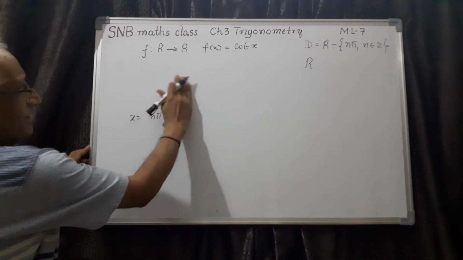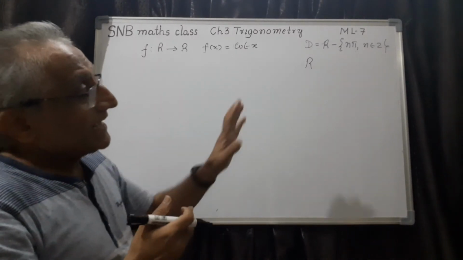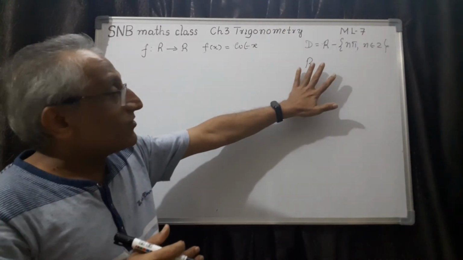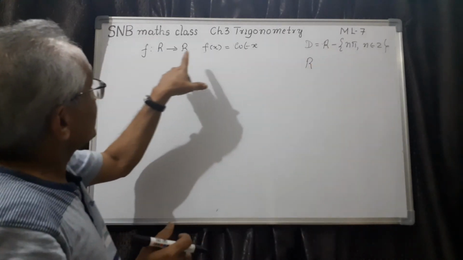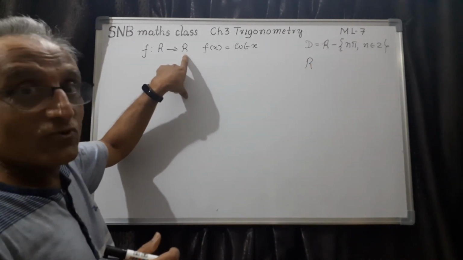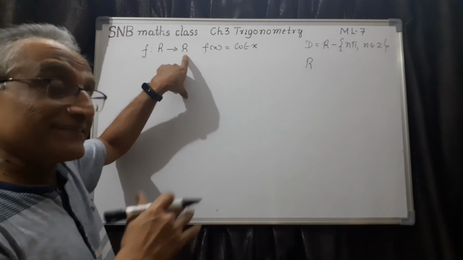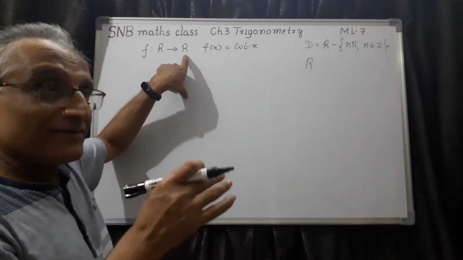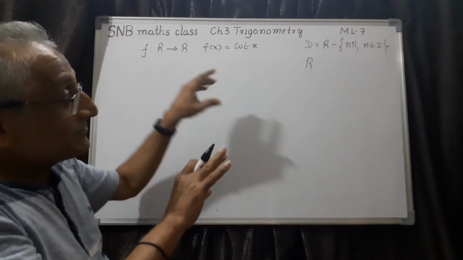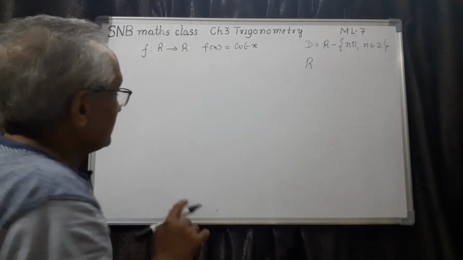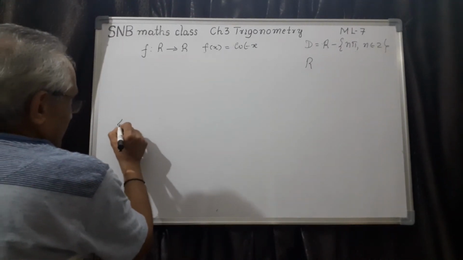I don't want to explain this once again, because tan takes all values. Similarly, cot also takes all values. So, the entire R, the codomain, is the range. And next year we are going to study the properties of this type of functions. So therefore it is better if you remember these things. Now let me directly draw the graph.